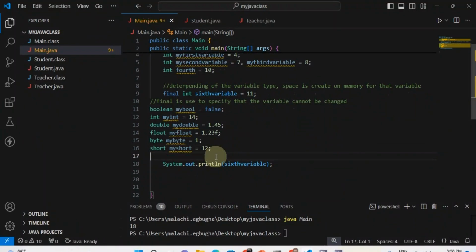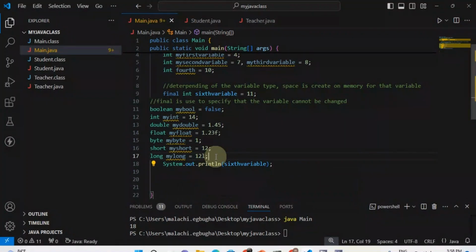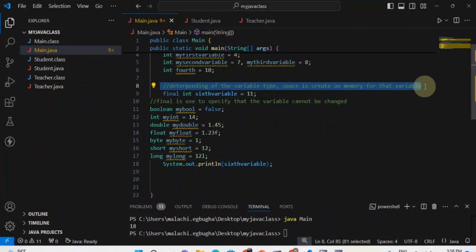Right? We have long. You use L or long, right? So L is supposed to specify long. So remember what I said initially. I said when you create a variable,